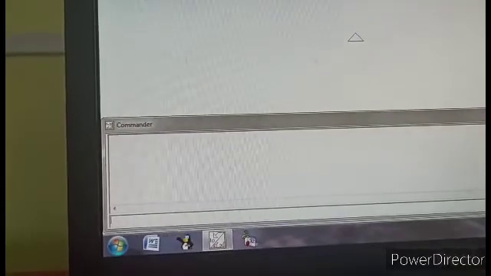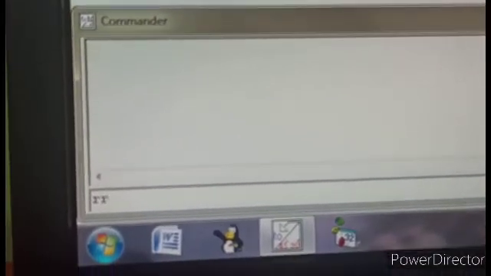Writing something there. Suppose PR, look carefully, PR, space, 2 numbers, 40 plus 40. I am adding 2 numbers.